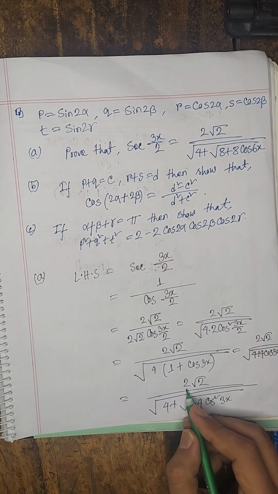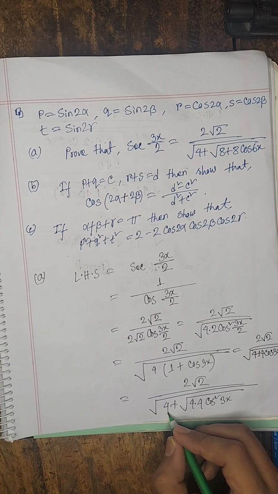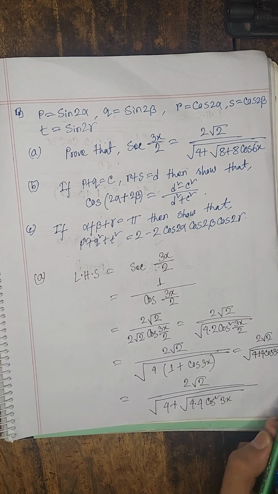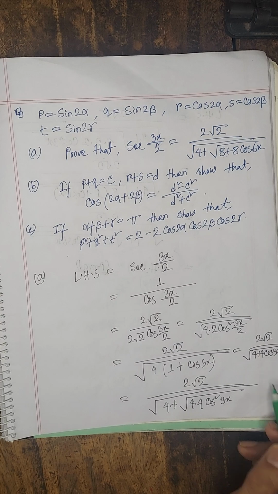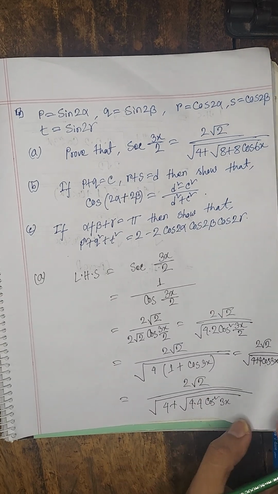Okay, and this becomes root over 4 plus 4 cos 3x. Here in numerator we get 2 root 2, and in denominator root over 4 times 4 cos square 3x. Okay, now